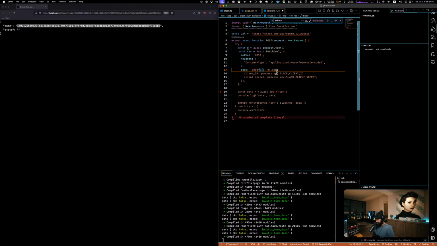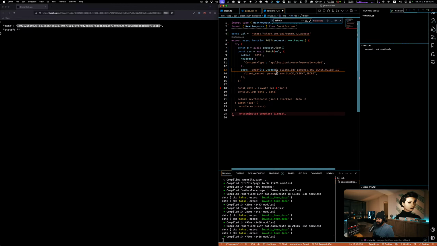And there might be a function, if y'all know this stuff. If you're a JavaScript person and you know this stuff, let me know, because I actually don't know if there's a function that already exists that does this. Then we'll dump in client ID, and that's going to be equal to process.env.ID. And this last one is going to be,